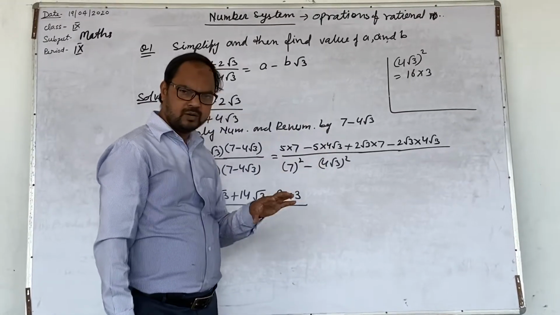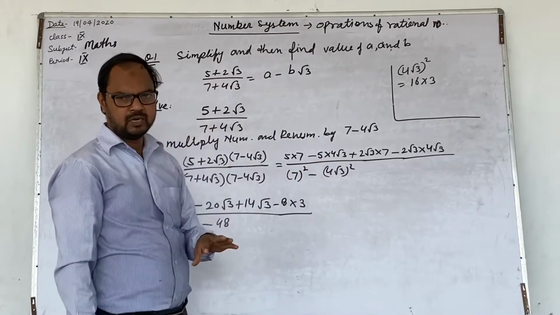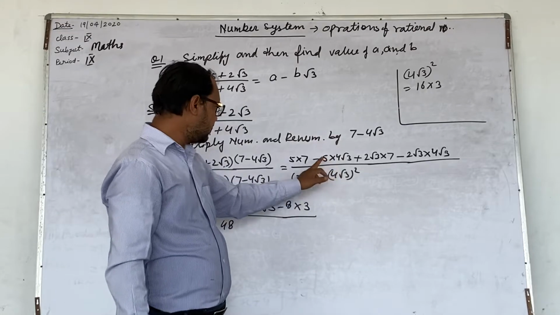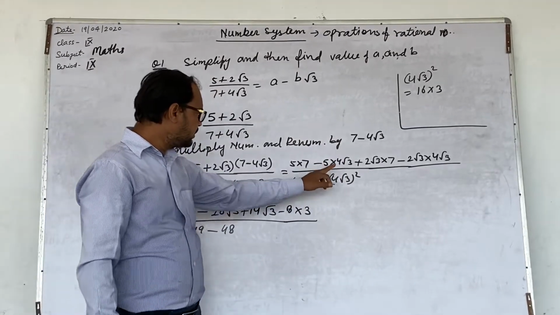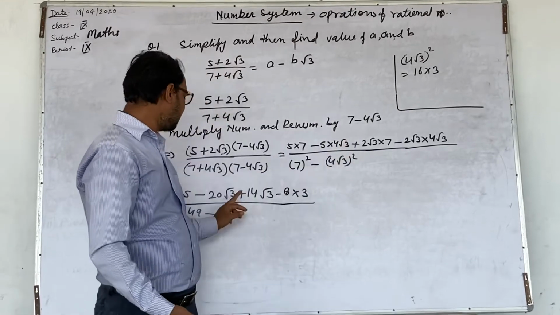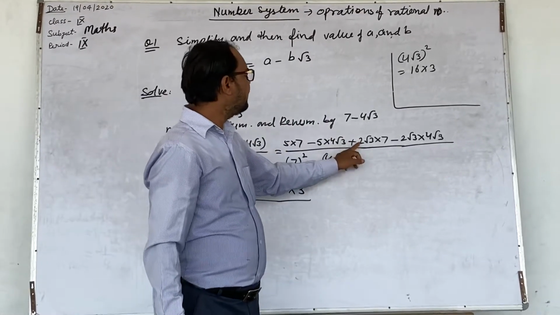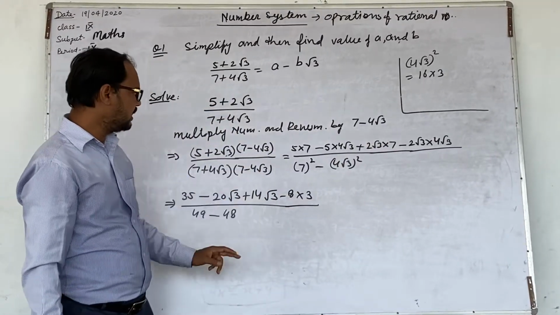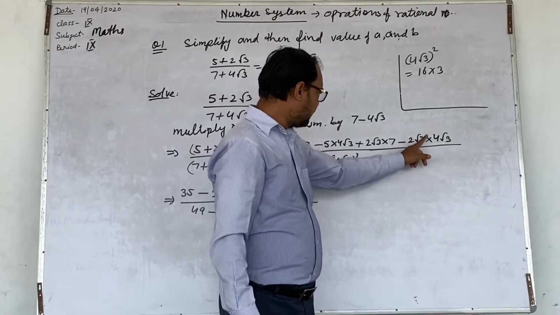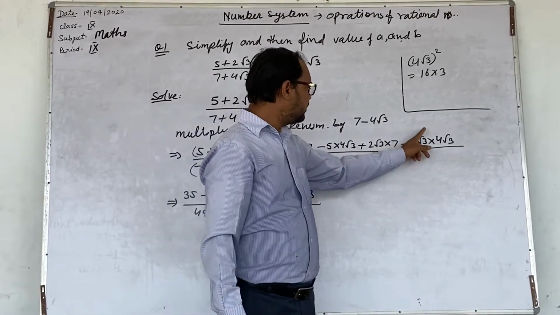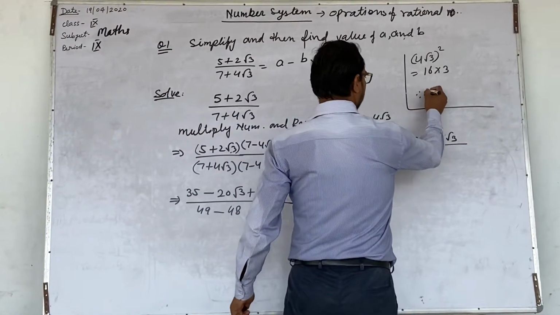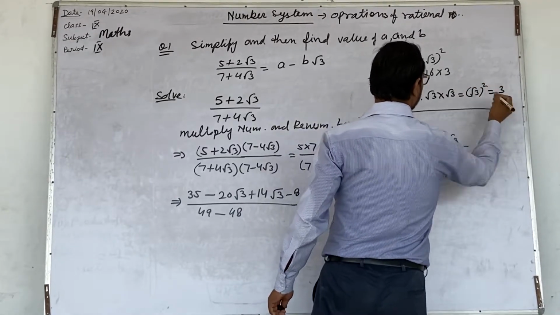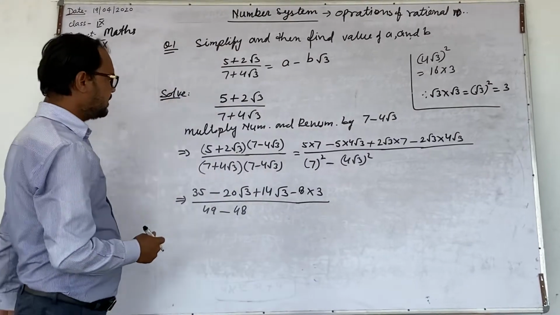रूट का मल्टीप्लाई रूट में होगा और विदाउट रूट वाले नंबर का मल्टीप्लाई विदाउट रूट में होगा इफ रूट्स आर सेम. तो 5 और 4 दोनों में रूट नहीं है, इसलिए 5 into 4 gets 20. रूट 3 अकेले है, कोई और रूट नहीं है, सो दिस विल राइट लाइक दिस. नाउ हियर आल्सो 2 पे कोई रूट नहीं, 7 पे कोई रूट नहीं, दोनों विदाउट रूट है, इसलिए आपस में मल्टीप्लाई हो जाएंगे, बट रूट 3 वैसे लिखा जाएगा. हियर आल्सो 2 and 4 gets 8, but root 3 into root 3 gets root 3 square, which is 3, as we studied in previous classes.